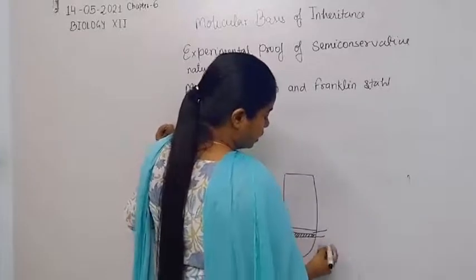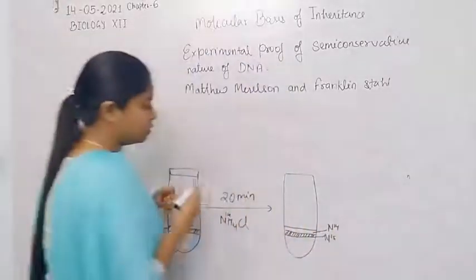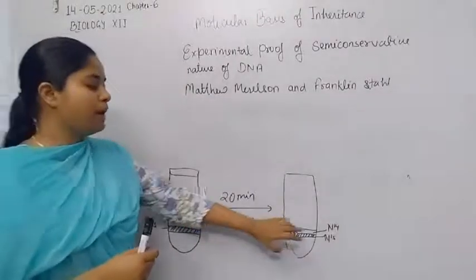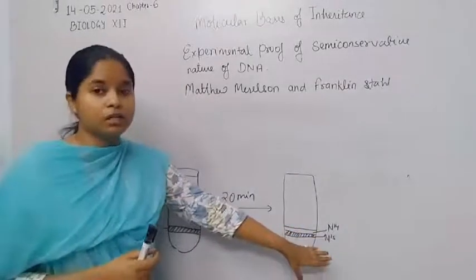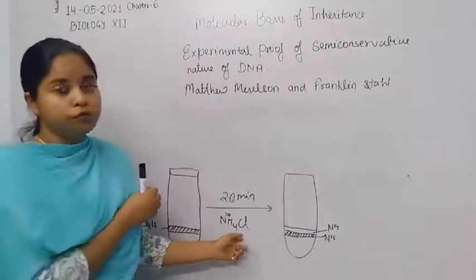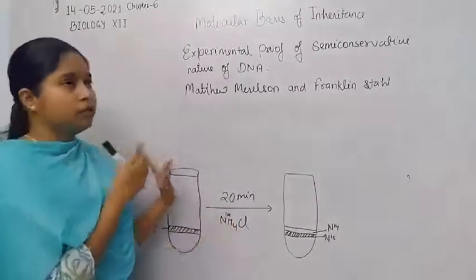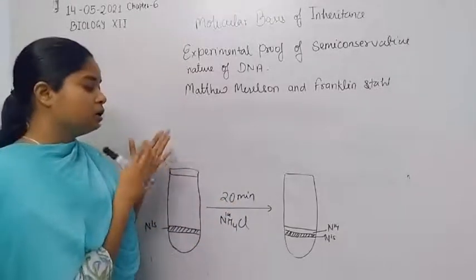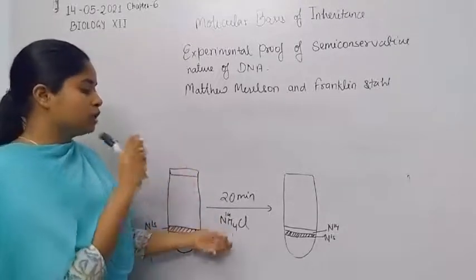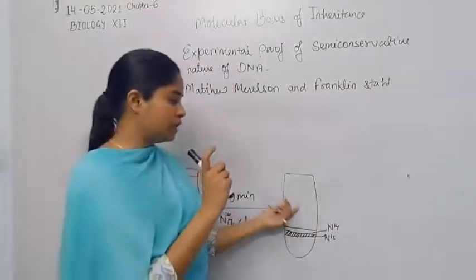The strand formed by the N15 nitrogen and the strand formed by the N14 nitrogen: the E. coli bacteria that have N15 nitrogen in their genetic material are transferred into a medium of normal ammonium chloride, which has N14 nitrogen. When they are transferred into N14, because bacteria can reproduce after 20 minutes, they use the medium nitrogen for the replication process, and due to this they have N14 in their genetic material.